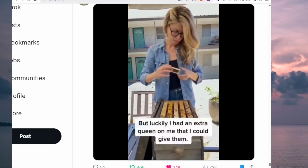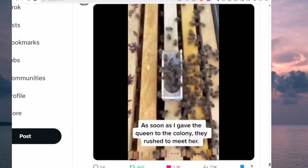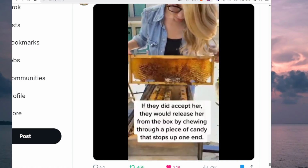This colony would not survive without a queen, but luckily I had an extra one on me I could give them. As soon as I gave the queen to the colony, they rushed to meet her. If they didn't accept her, they would try to kill her. If they did accept her, they would release her from the box by chewing through the piece of candy that